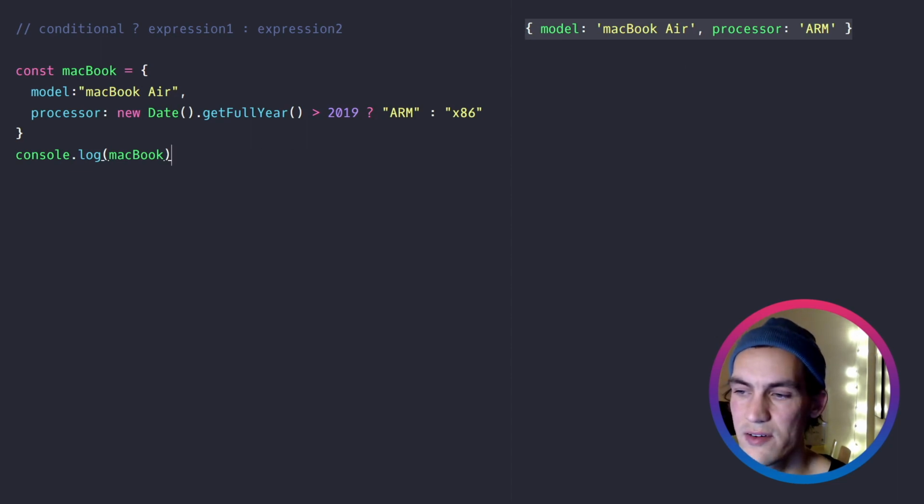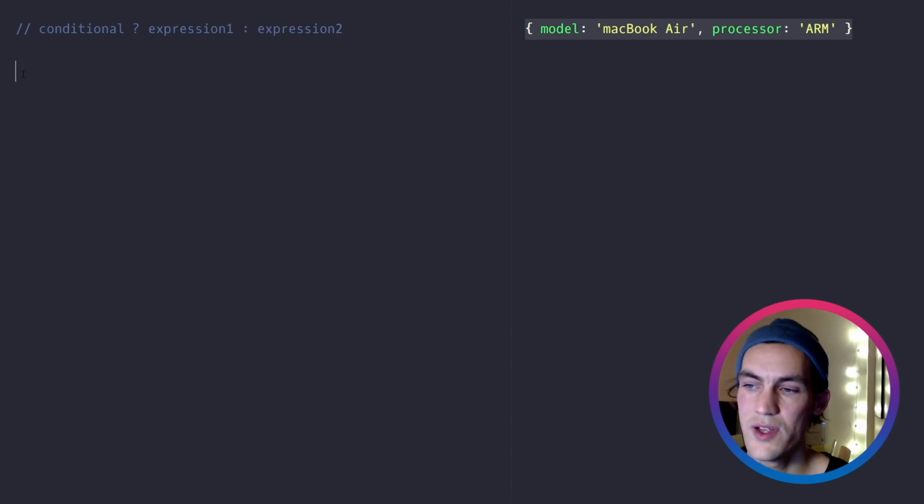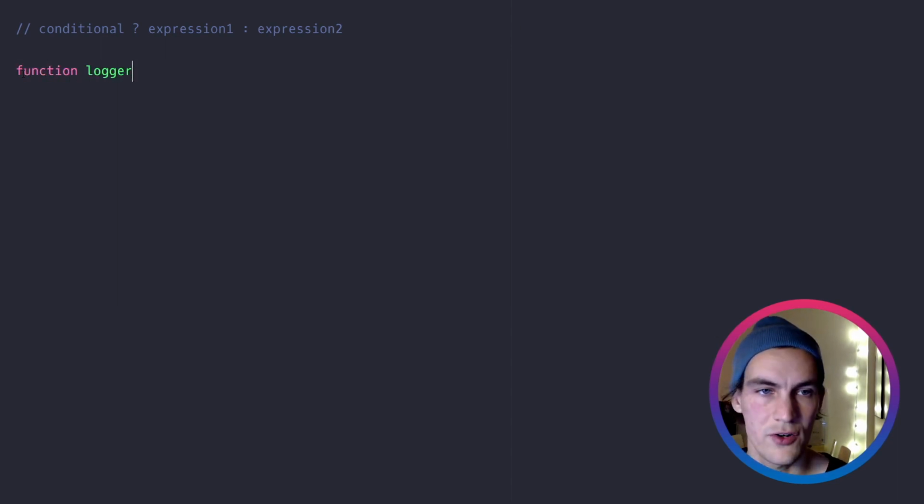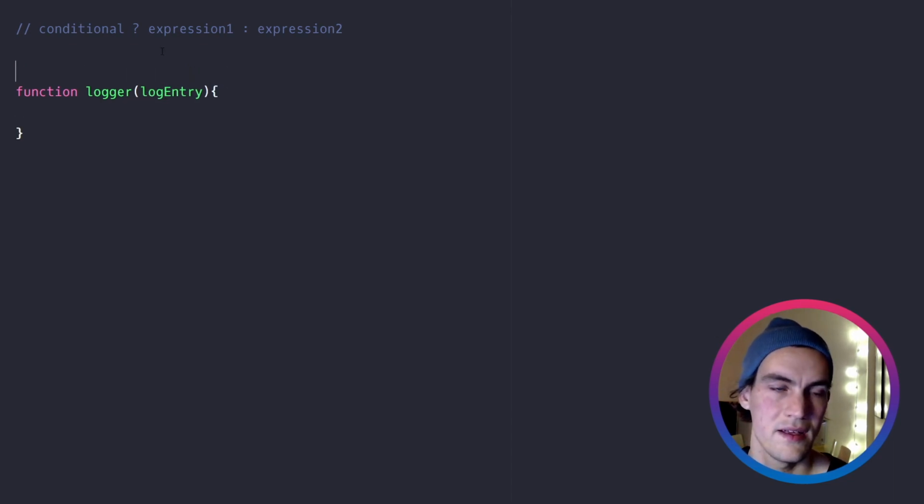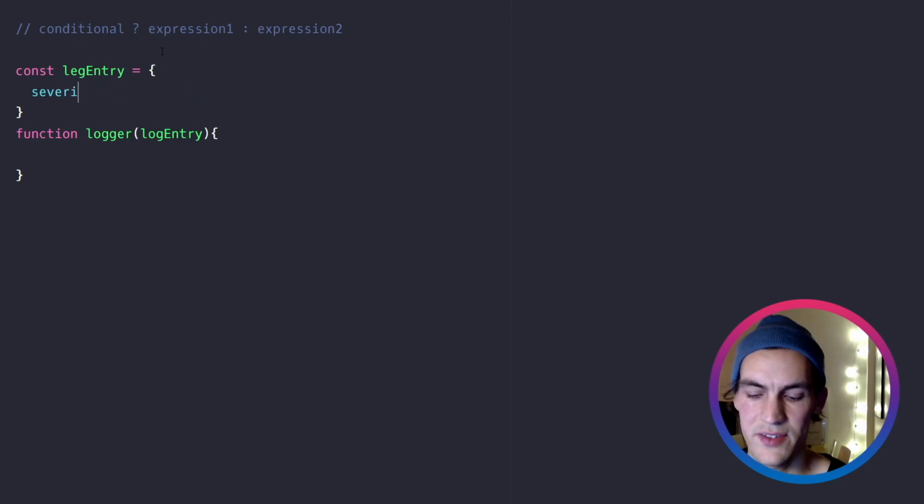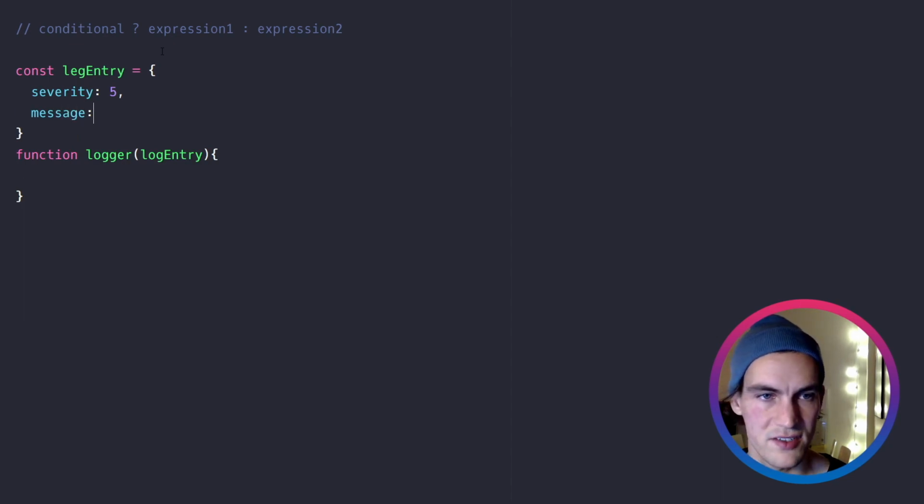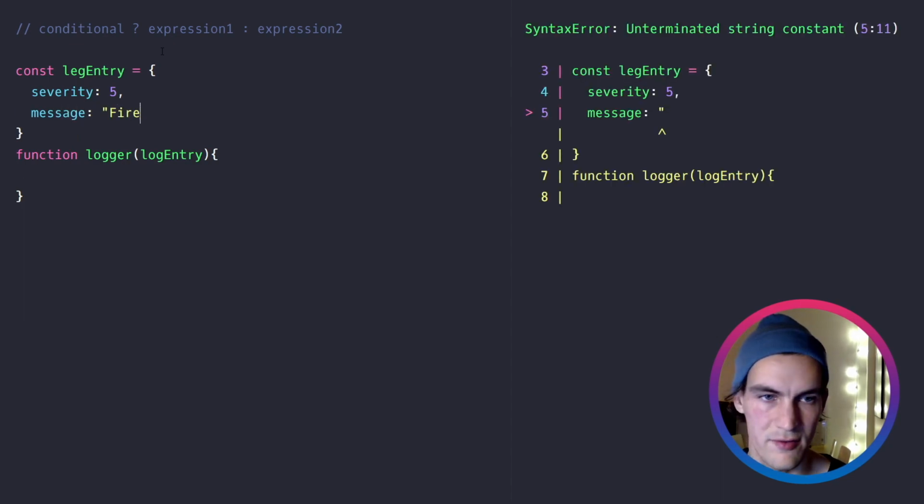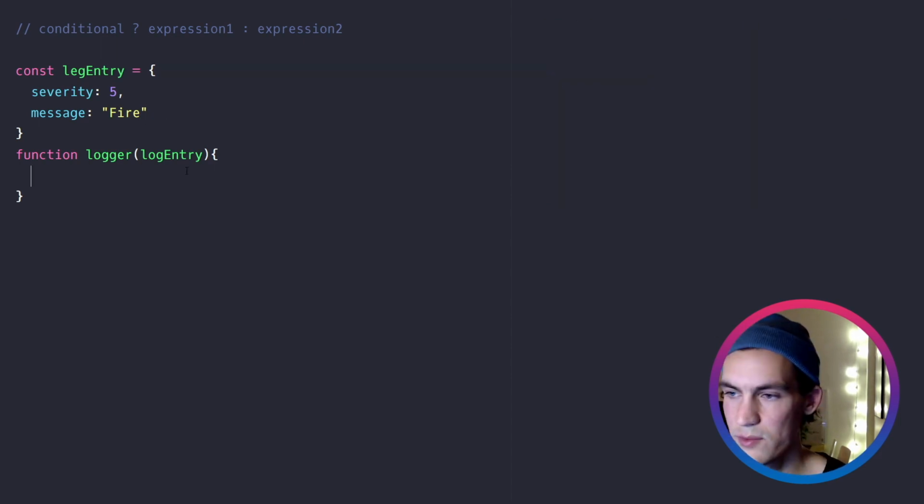And now for the final example, we're gonna do another function. I will call it logger. We'll take in a log entry. And let's create one of those log entries now. It will be an object. It will have a severity rating. Let's say that this one is quite severe, so it's a 5. And it has a message. Let's say that it's fire. So then we can do